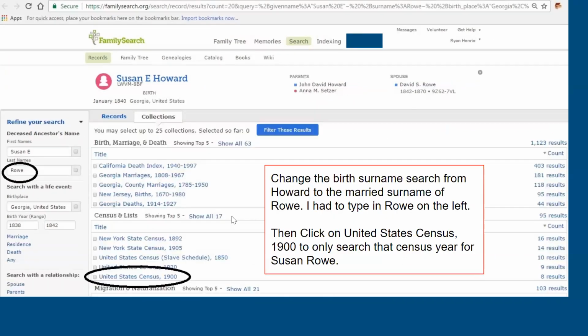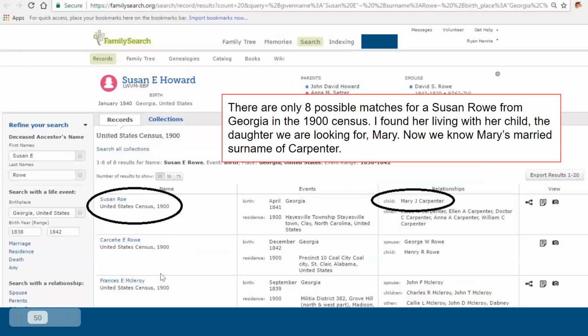And I'm only searching for that 1900 census. So last time I was looking up here for Find a Grave. This time I'm just going to search for the 1900 census. So I click on that. Here she is right here, misspelled. And she's got the daughter, and her last name is now